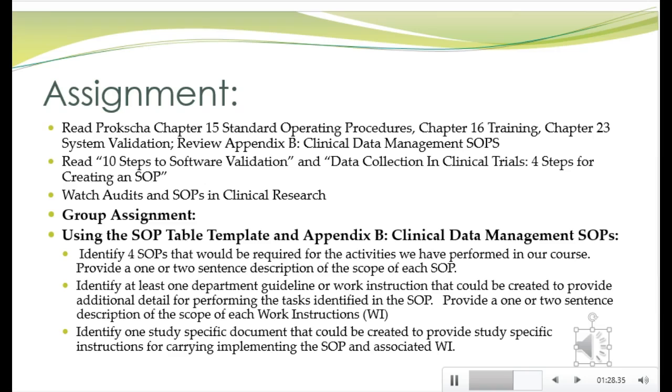And what I want to see is that you can identify at least 4 SOPs that would be required to cover the activities we've done for this trial. So do some thinking about what we've done in REDCap or what we've done in other places. And I want you to give me a 1 or 2 sentence description of the scope of each of those